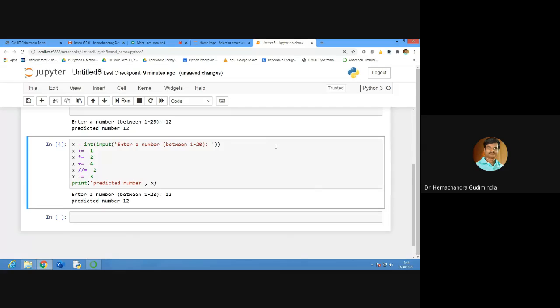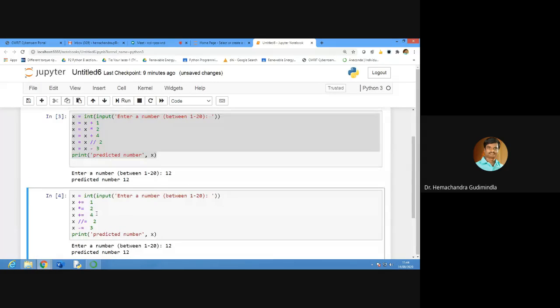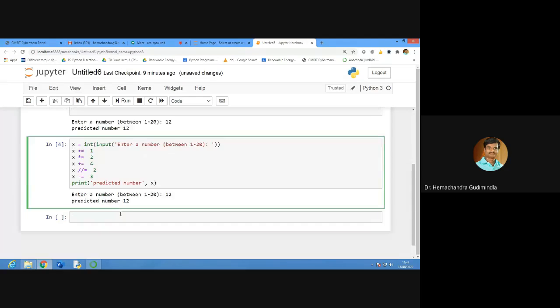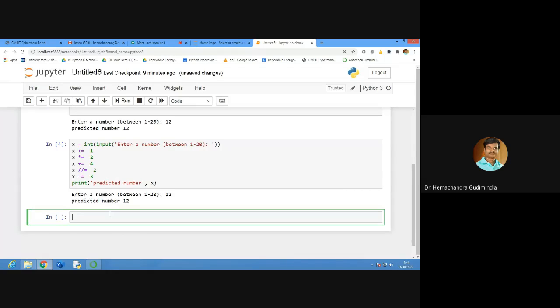So the predicted number is 12, right? It saved your time. Instead of writing x equal to x plus 1, x equal to x into 2, x equal to x plus 4, and so on, it saves your time like this. You understand this operator, right? Yes, you understand?